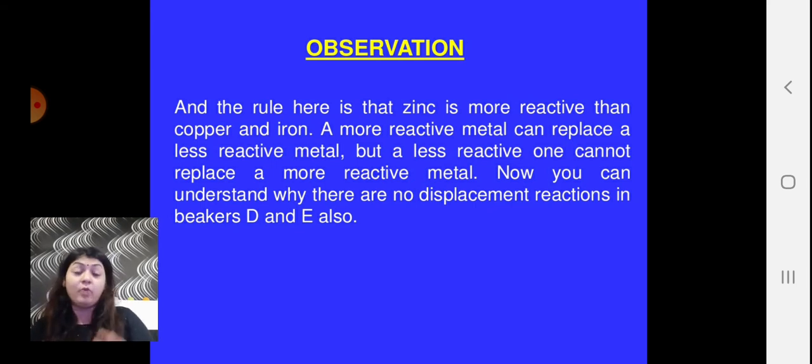Now, what is the meaning of powerful? If your teacher comes next to you, you will make some place for your teacher because you respect her. She is more powerful in terms of knowledge or respect. So you make a place for her because she is more active than you, or more powerful than you. So a more powerful metal always replaces the less powerful metal.